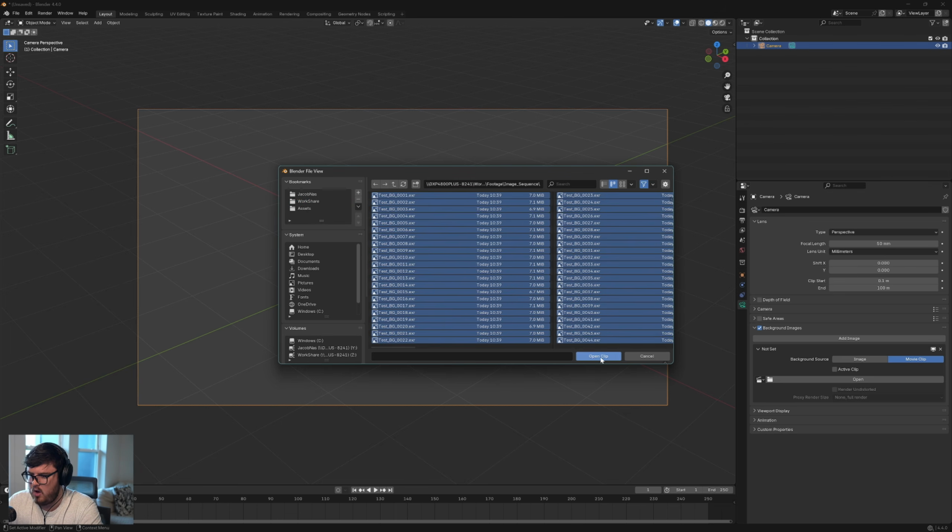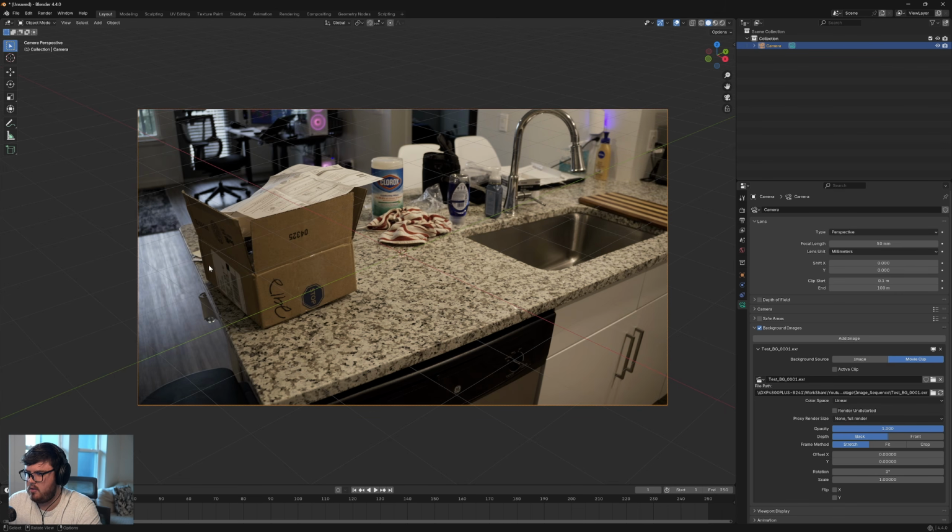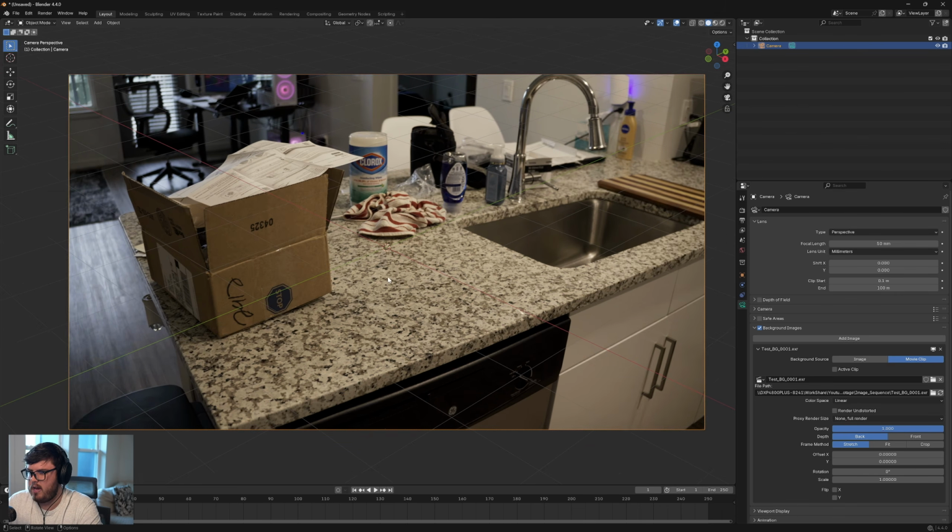So we're going to hit A, open the clip, and there you go. Now you can see if I turn the opacity up, we have the footage in the background. So it looks pretty good. The color is a little bit not accurate, and that is because by default, our color space down here is